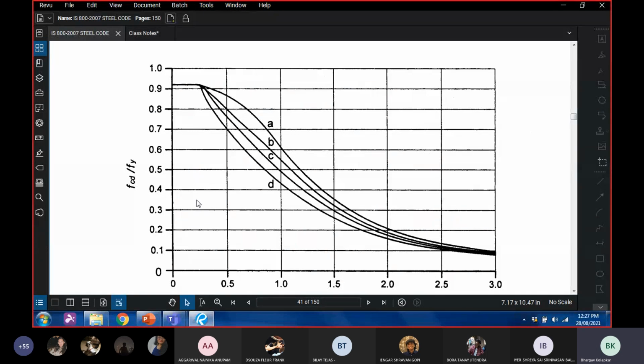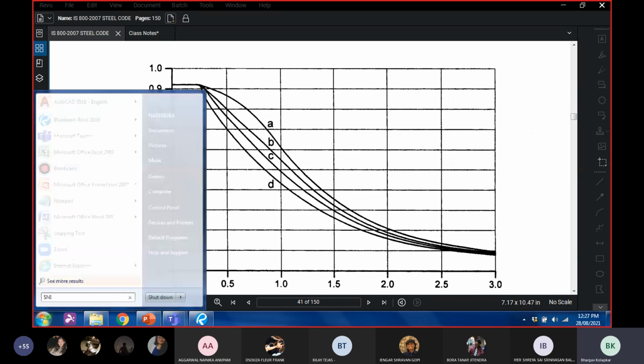The objective is to find out the load at which it fails. How can we find that? By finding out the stress at which it fails. If you multiply stress by area, we'll automatically get the load. In order to find the stress, we are looking at this curve because the x-axis is something that we know. The x-axis is slenderness ratio. So from the slenderness ratio, and if we know the type of curve, we can just go to this and find out what is the